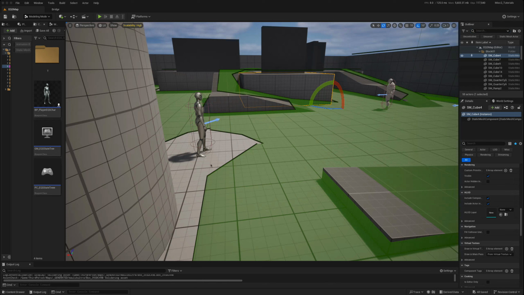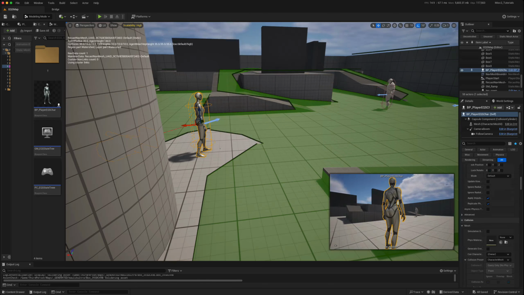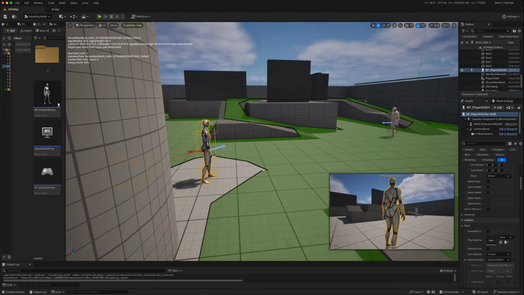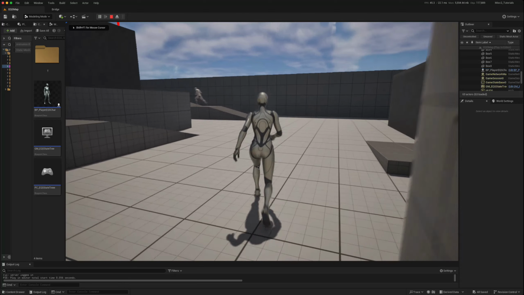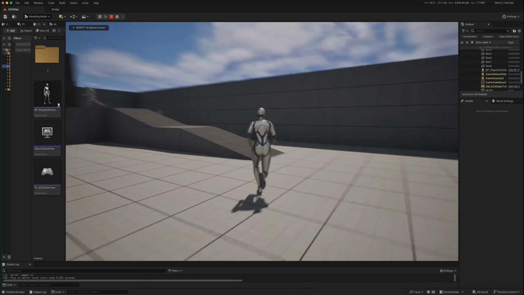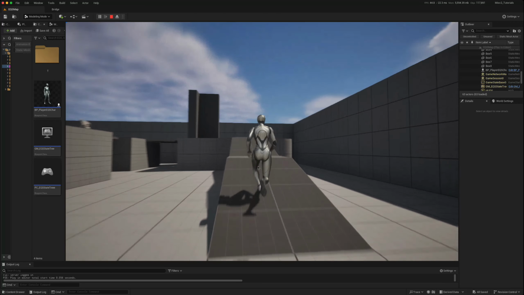Today we're going to look at how to use the environment query system in Unreal with state trees. And we're going to create a mechanic where whenever our NPC or AI character sees our player, he's going to flee and find somewhere to hide using the EQS system. So hopefully at the end of it we'll have something like this, where he sees us, he runs away,